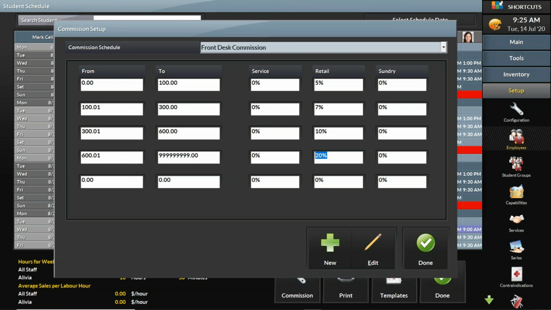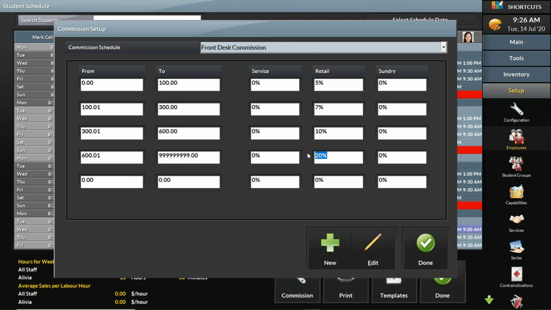So just remember, when you're setting up bands in this case, you're paying the staff members cumulatively. It's each of these tiers added together, which is less than target, which would be 20% on everything. If your business requires you to instead pay the staff based on their target, or if your business needs to do things like deductions, so for any chemical service or any color service, you need to take $5 off or $10 off because of the cost of the color or the chemical,